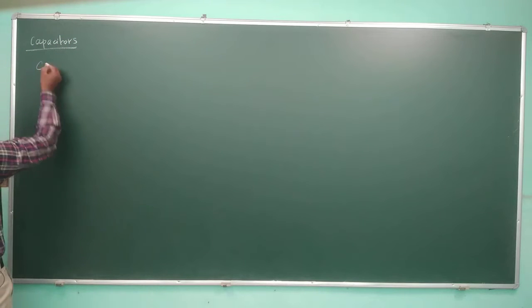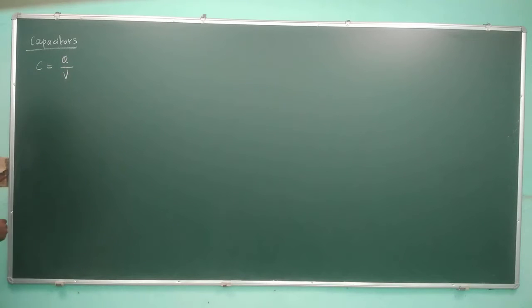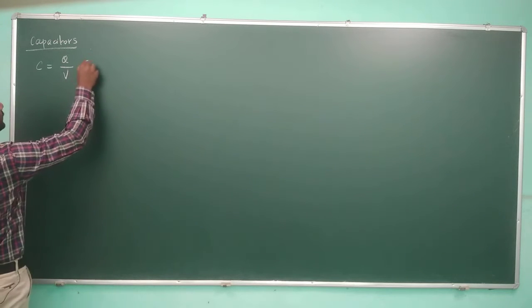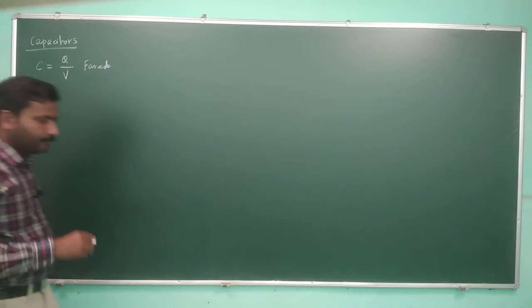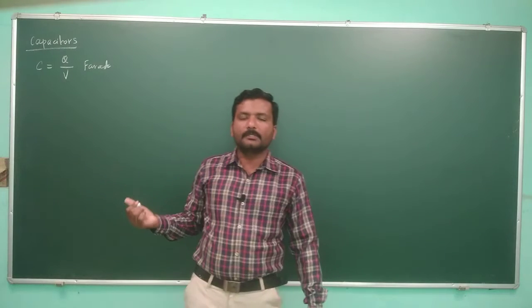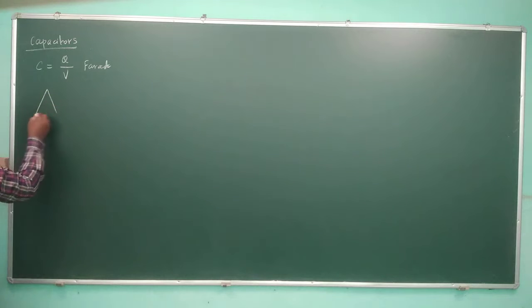We are discussing capacitors, and we have deduced the equation for capacitance as C equal to Q by V. The unit of this is farad. I am going to give you a simple idea to remember this equation always. Let us have a pyramid for this equation. If you remember this pyramid, you would never forget this equation. You can draw this equation in the following way.